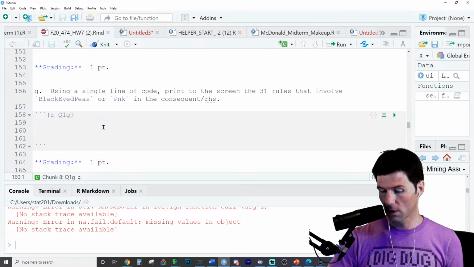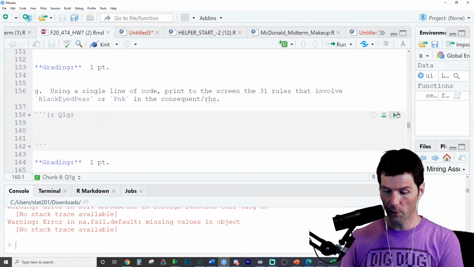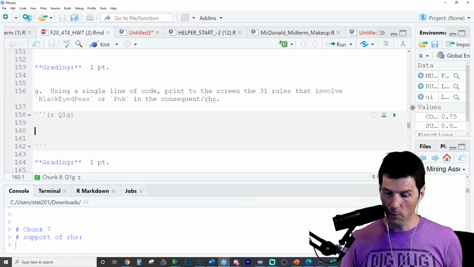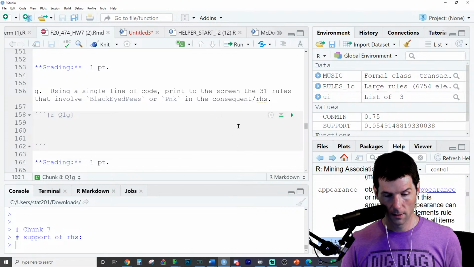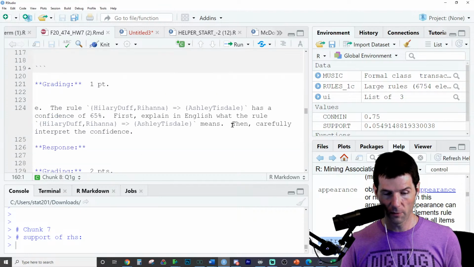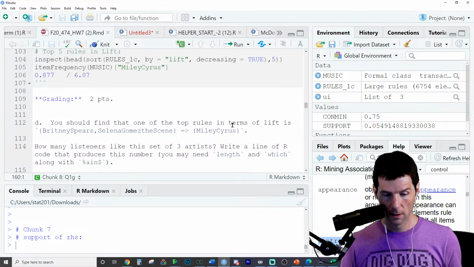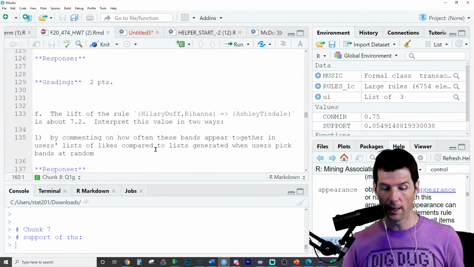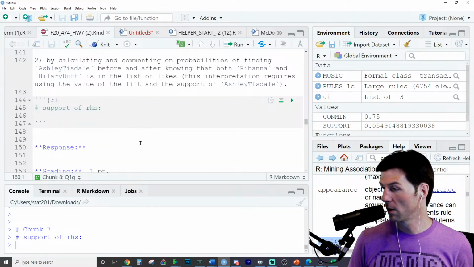So I think we're still working off the rules earlier. Take a look at the earlier portion of this. We should have everything loaded in. So I think we created rules 1C. Have we changed our rules at all? Trace, tell me if we've changed our rules throughout this. I don't think we changed the rules. We did this earlier. Take a look at how we got the rules. And let's go take a look.